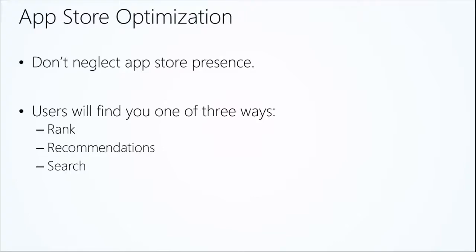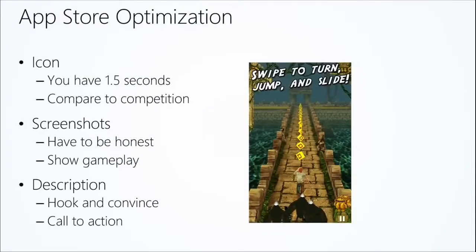So App Store optimization means your presence in the App Store. Now, when I say App Store, I mean any App Store. This could be the Windows Store, it could be the Windows Phone Store, it could be the Xbox page, whatever gateway they have to get to your app. In a digital distribution age, no matter where they find out about your app, if they get recommended from a friend, if you're the number one in the charts, they just find you through search, they're always going to be funneled through this page. And that page will have your icon, your screenshots, and your description.